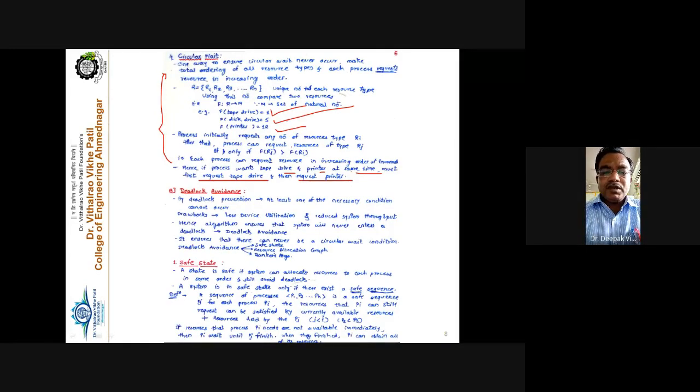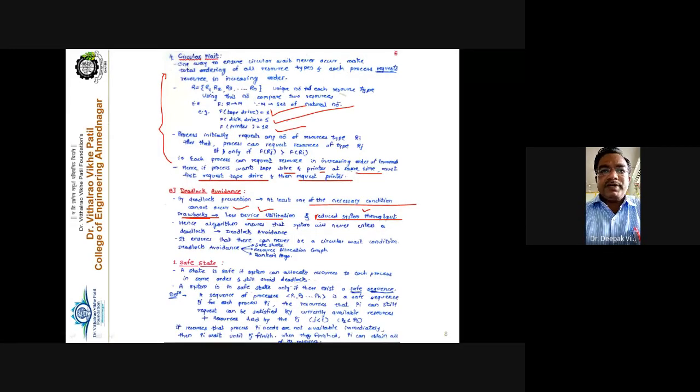The operating system tries to avoid the deadlock. So how, we'll see. Deadlock avoidance. By deadlock prevention, at least one of the necessary conditions cannot occur, that we have to see. But the drawback of the prevention policies is low device utilization, and it reduces the system throughput. So if we follow the deadlock prevention policy, it has two limitations: low device or resource utilization, and reduced system throughput. So hence